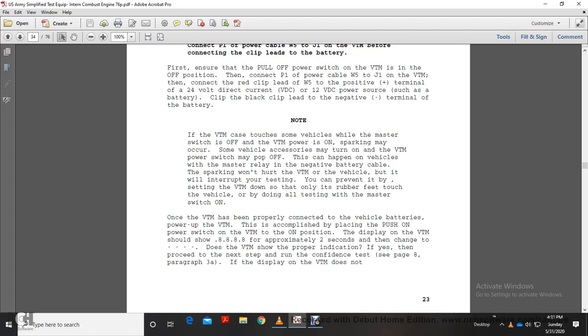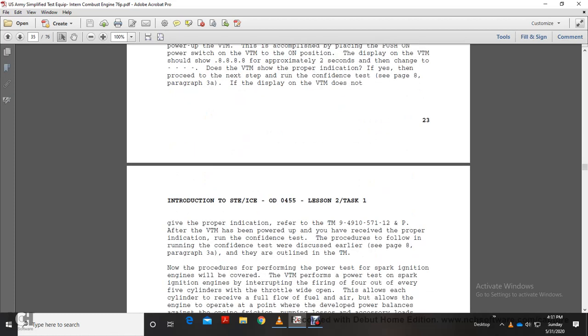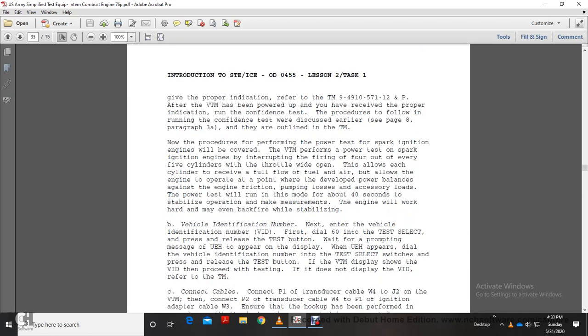Once the vehicle test meter has been properly connected to the vehicle batteries, power up the vehicle test meter by placing the power switch to the on position. The display on the vehicle test meter shows four digital 8s for approximately 2 seconds before changing to 4 dashes. Does the vehicle test meter show proper indication? If yes, proceed to the next step: run confidence test, see page 8, paragraph 3A. If the vehicle test meter does not give proper indication, refer to